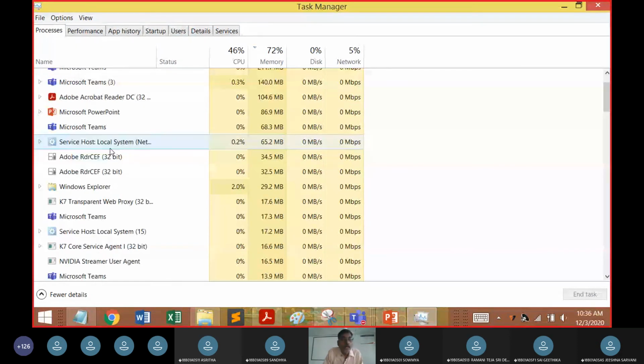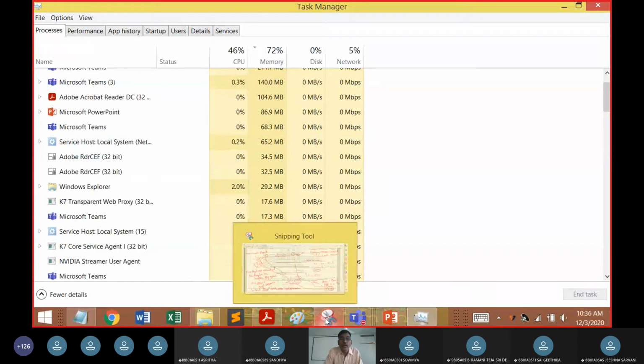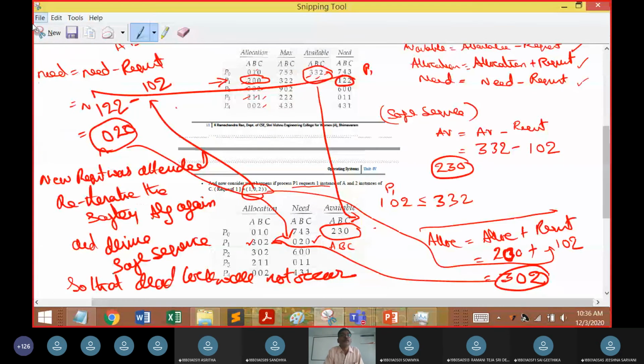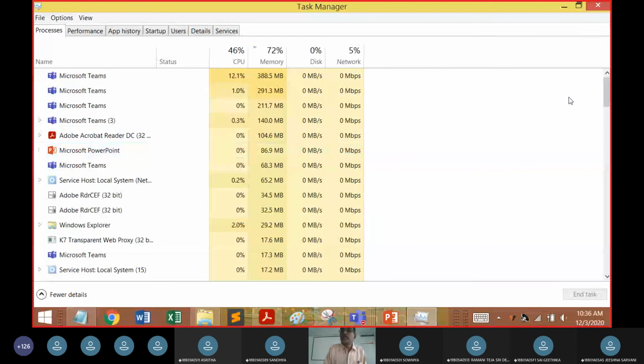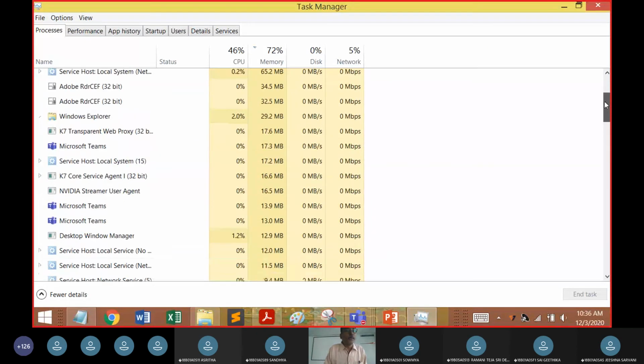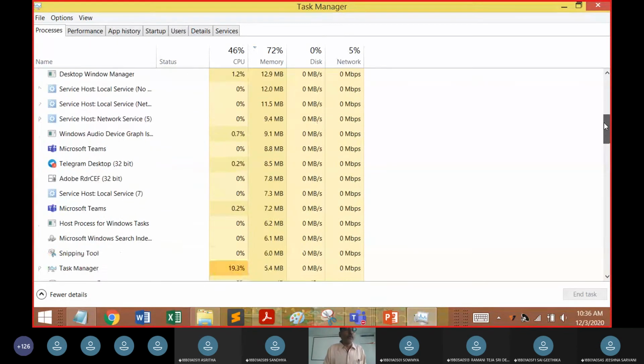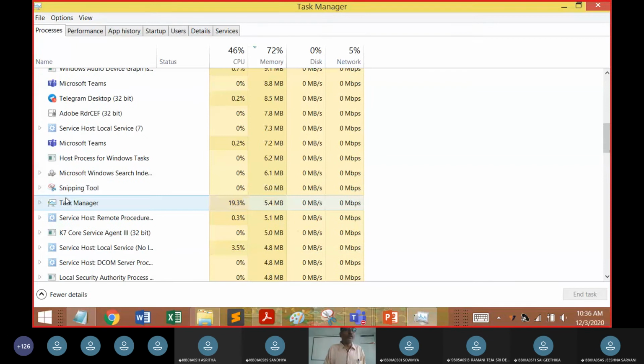Now what I can do is use this snipping tool. Assume that due to this snipping tool, some deadlock is going to occur. What can I do? I'm going to check this snipping tool. Where was it? Here. I found it.